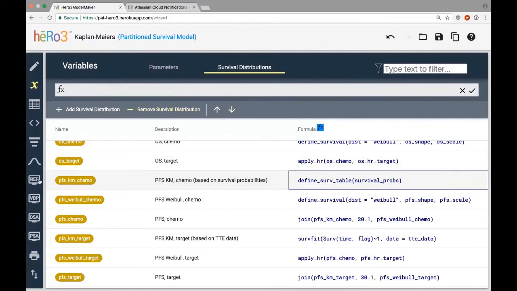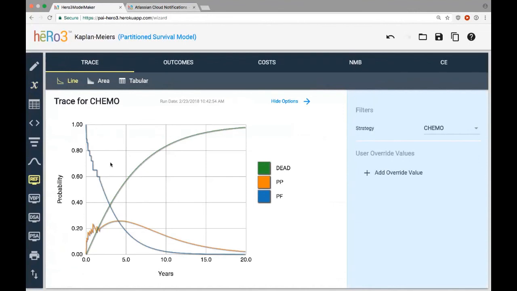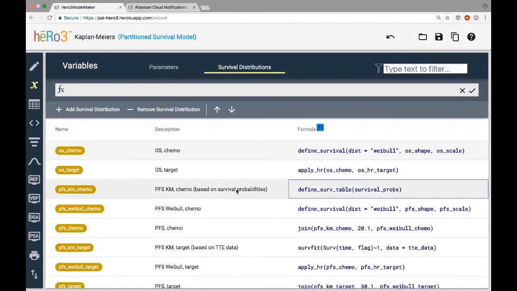And we're just going to quickly go to the results page so that we can see what that looks like. You can see that there's a Kaplan-Meier used here. Now, I would note here that it's actually not using the Kaplan-Meier for the entirety of the model. It's actually picking up with a parametric projection. So let's just take a quick look at how we set that part of it up.